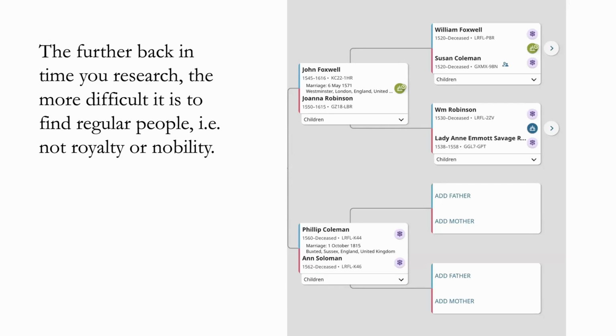Okay, so here we are, and I just took some examples. These are just kind of random examples out of the FamilySearch Family Tree. The one I'm going to focus on is this John Foxwell up here and Joanna Robinson. He's purportedly born in 1545 and died in 1616, with his marriage in 1571, in Westminster, London, a nice place to have a wedding. Joanna was born in 1550 and died in 1615, a year before he did. They probably had some children. This is just kind of your average thing, and the question is,